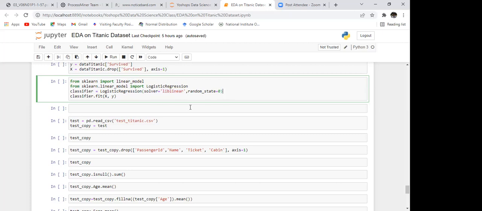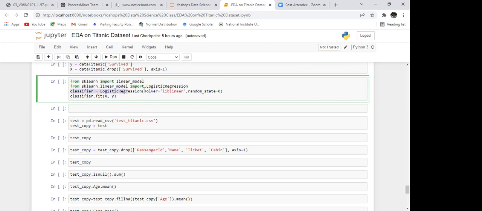What this solver means is that this logistic regression algorithm within itself uses some optimization. So this solver actually indicates which optimization method is to be used. Okay. So in the present case, we are using this linear.